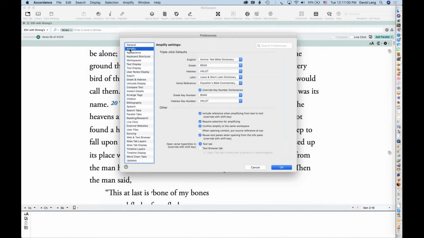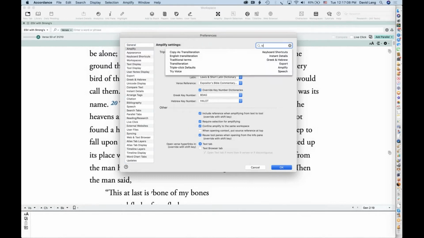We go to Amplify. And by the way, if I didn't know it was Amplify, I could always type triple in the search field here and find triple click defaults. It'll find me the right panel of the preferences.